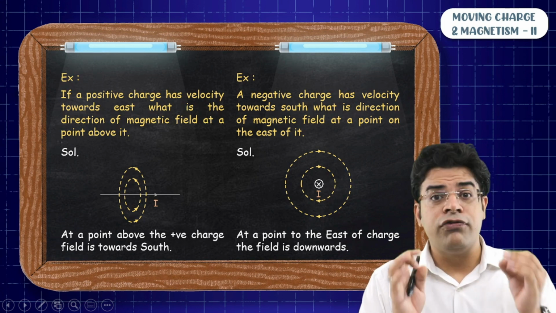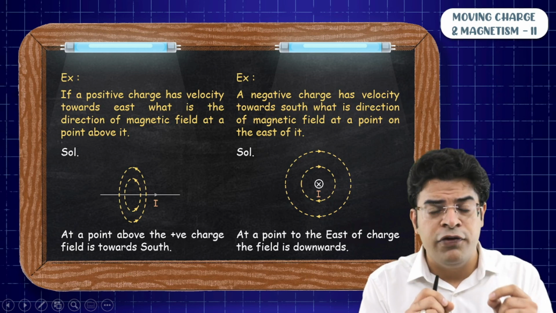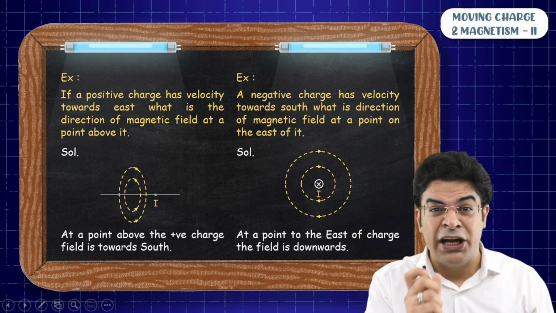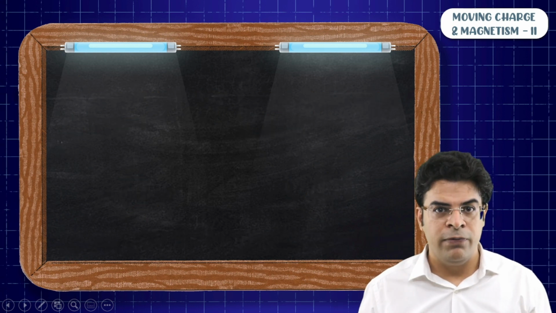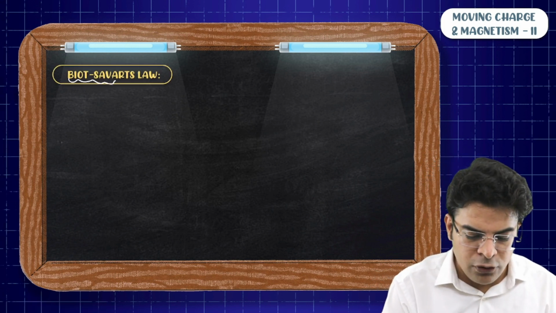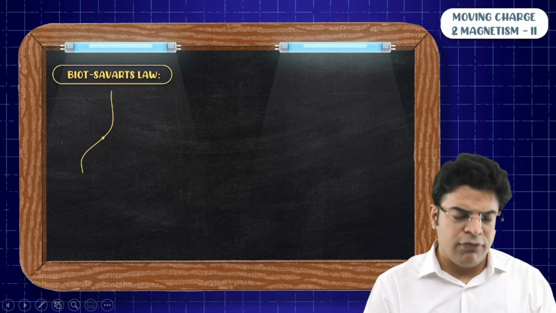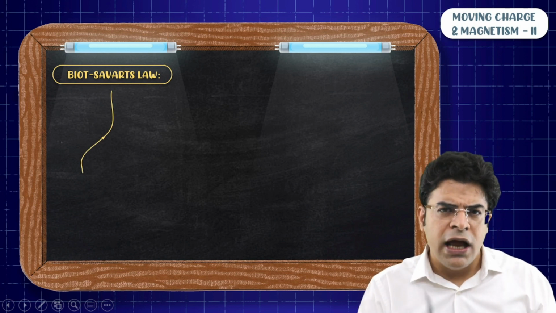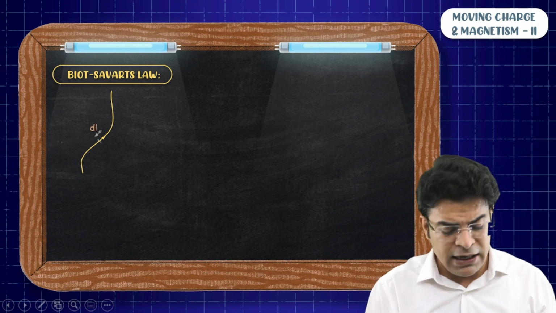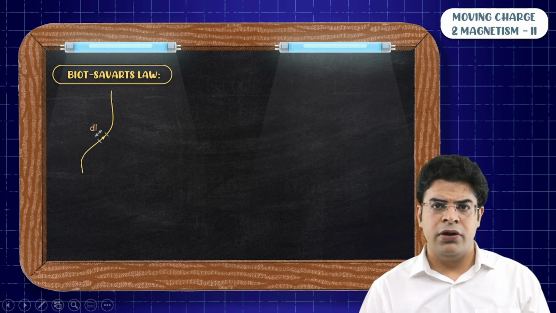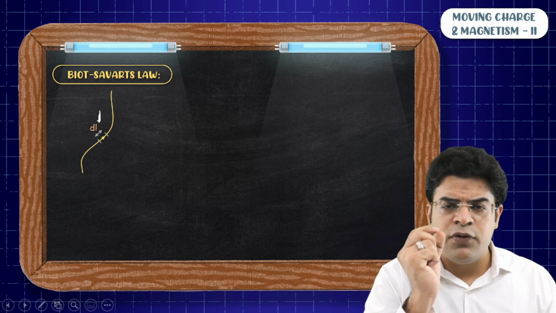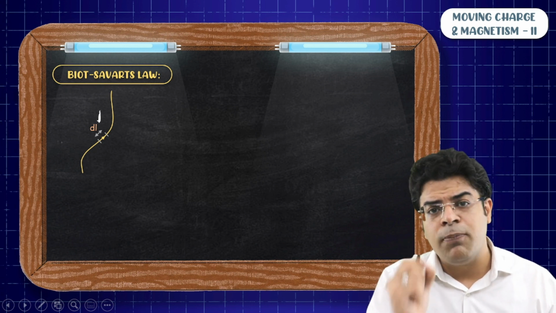So till now, we have talked about the direction of magnetic field produced by a current carrying wire. Now we are going to talk about its magnitude. What is the strength of the magnetic field? And the strength of magnetic field is given to us by the formula given by Biot-Savart's law. Now let's say you have got this random shaped current carrying wire. And if you think of one infinitely small length on this current carrying wire, let's say that infinitely small length is dl. What is the formula to write the magnetic field strength due to this infinitely small current carrying element at a point in space?